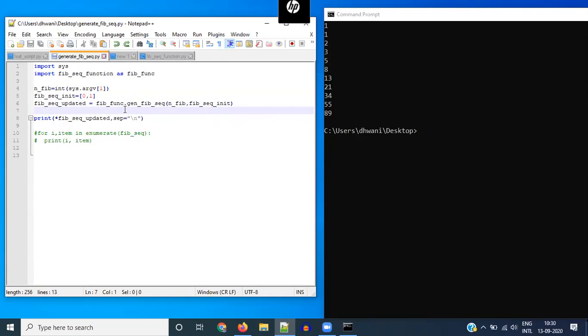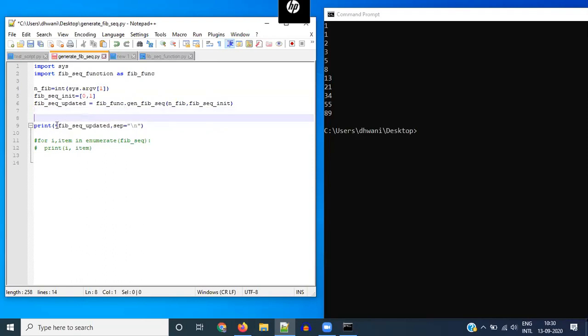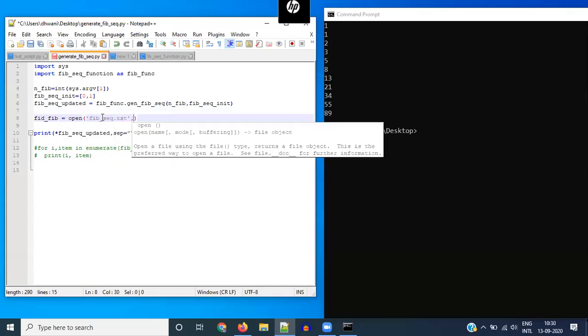Which is pretty similar to C actually. So let's say we want to write this sequence of Fibonacci numbers, not to the console, but to a file. So we first have to open the file. Let's just call it FID_FIB, open of the file name. Okay, let's call it fib_seq.txt, and what mode you want to open it in. So right now we want to write something to the file, so we'll open it in W mode, which is